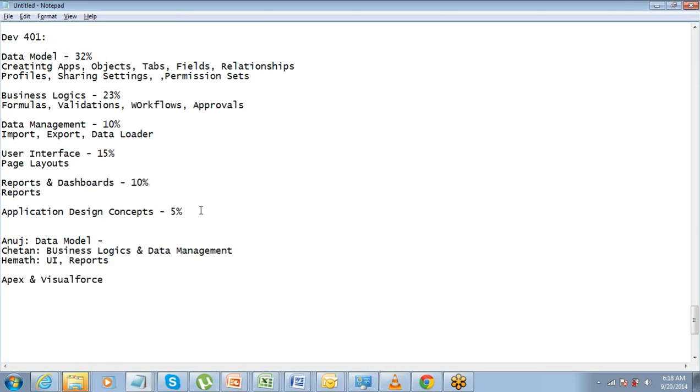But I will just suggest one small thing. Whenever you are taking any information, take it from a resource which is pretty much authenticated, a trusted one. So maybe try and take any information from Salesforce.